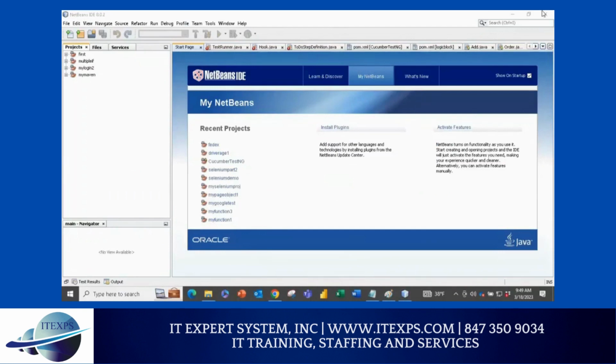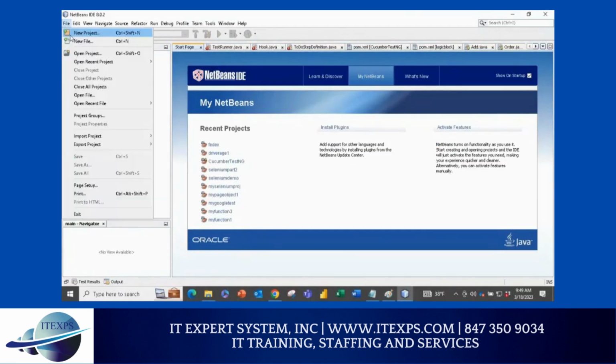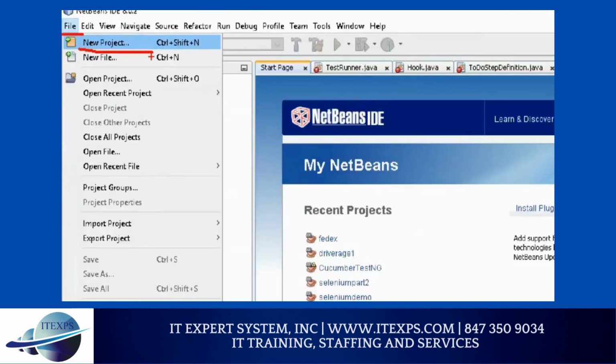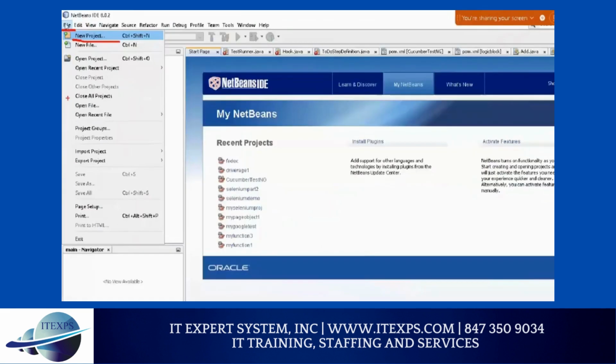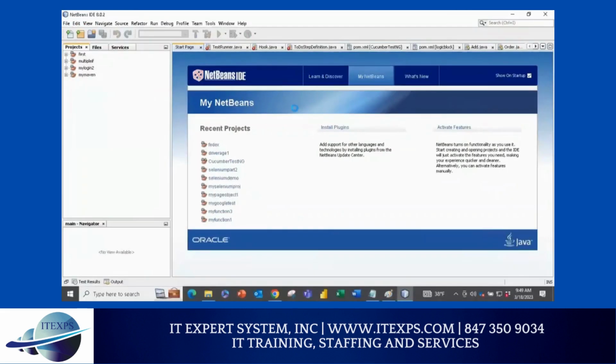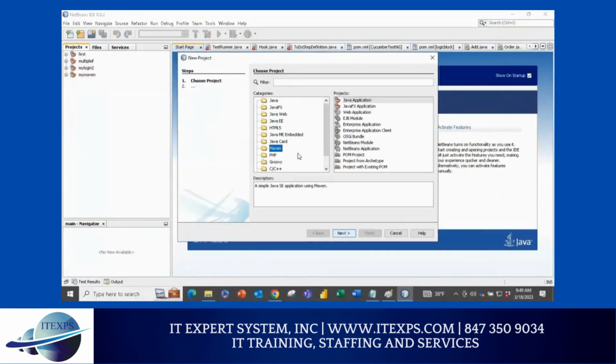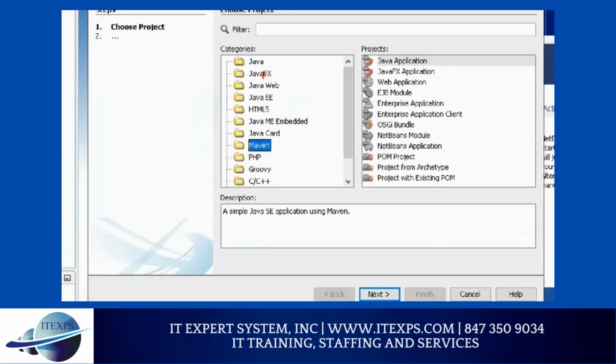So let's go to the File menu and New Project. File, new project. And I'm sure you have Java Maven, or Maven with Java, or Java with Maven. You will be selecting this one, right? I will be selecting this because I have this different thing. Okay, so Java with Maven. Make sure you select that.